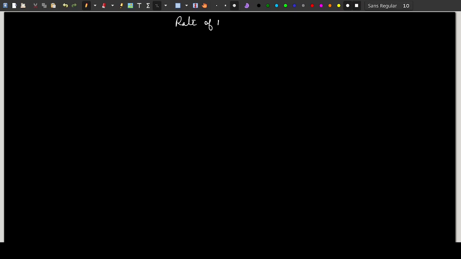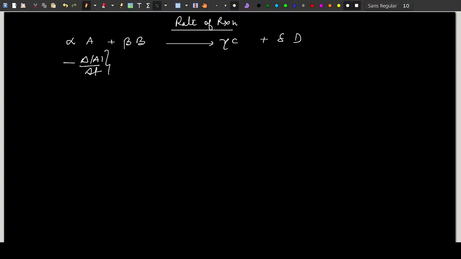The rate of reaction. Here suppose alpha A is reacting with beta B and producing gamma C plus delta D. You can say minus delta A upon delta T, and here